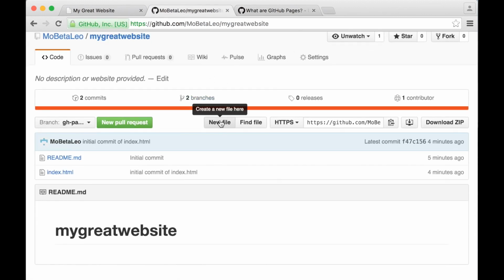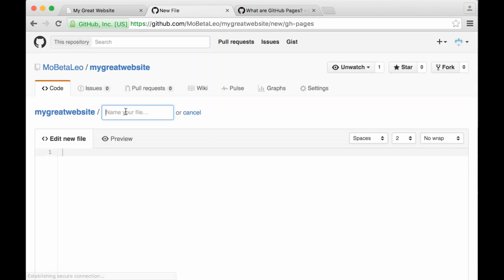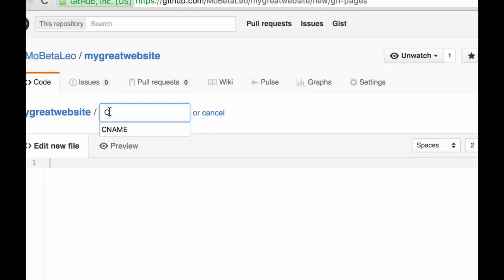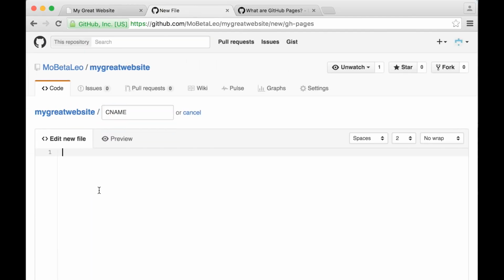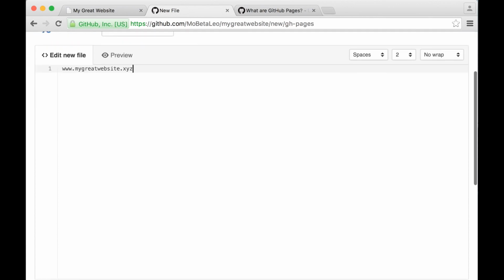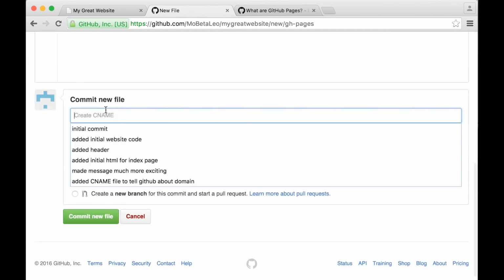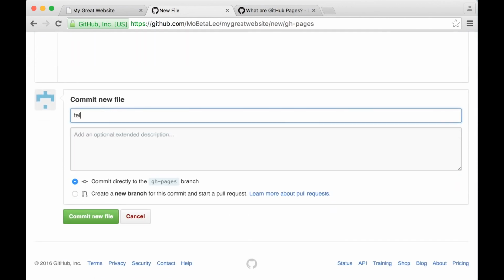And this is very easy. We just say create a new file, and this file should be called CNAME. And you want the value of that to be your full domain name. So we're going to say www.mygreatwebsite.xyz. And then here we're going to call this commit tell GitHub about Namecheap domain, and we will commit this